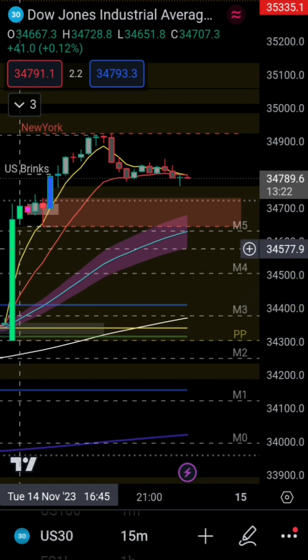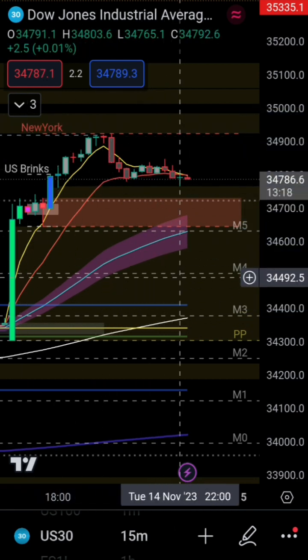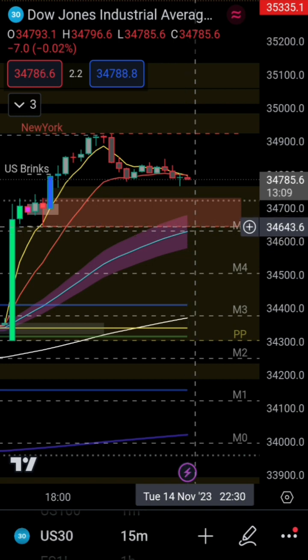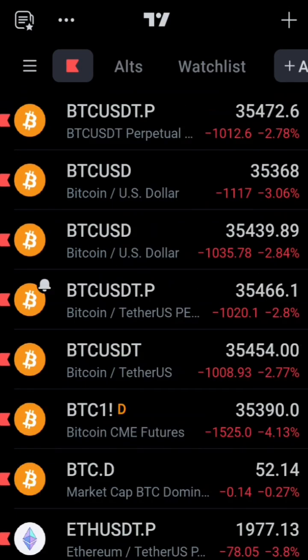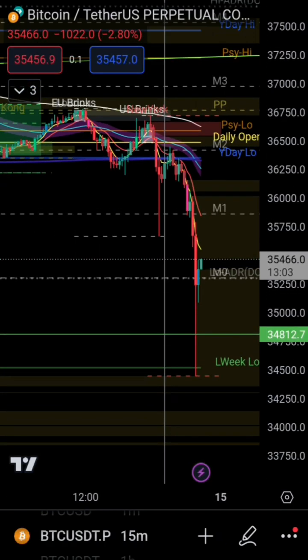We've seen this move so many times, even on Bitcoin. Come up, do some arch, and come back down. So that would give you another 400 points. It's possible. But if you're trading this, you'll be looking at the 50 EMA at 34.6 on the 15-minute, if it's going to hold. Bitcoin, on the other hand, what Bitcoin needs to do now is form a double bottom and go higher.